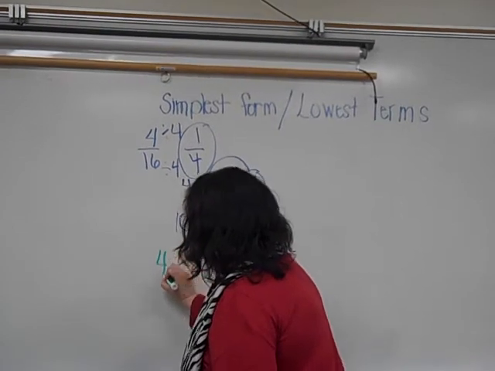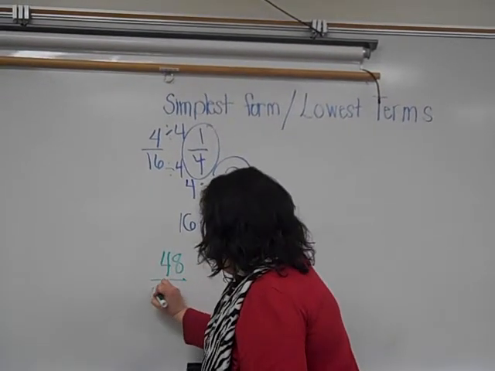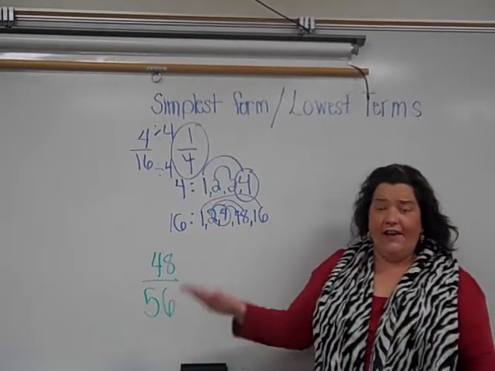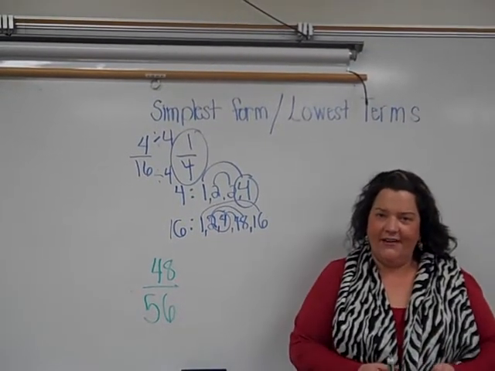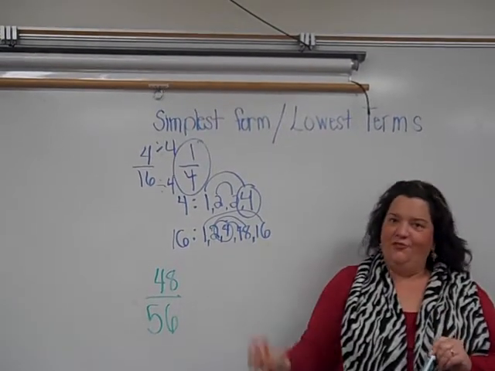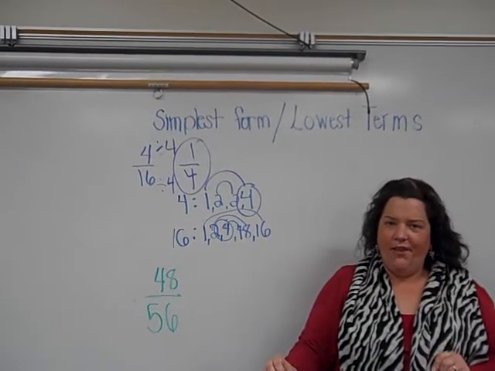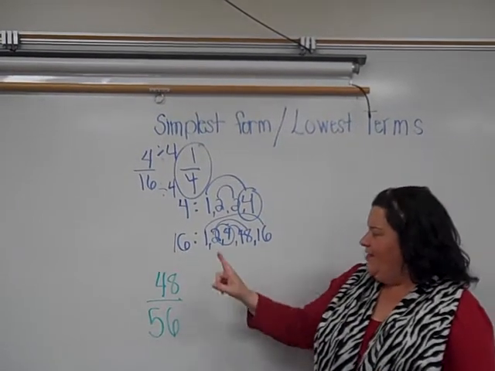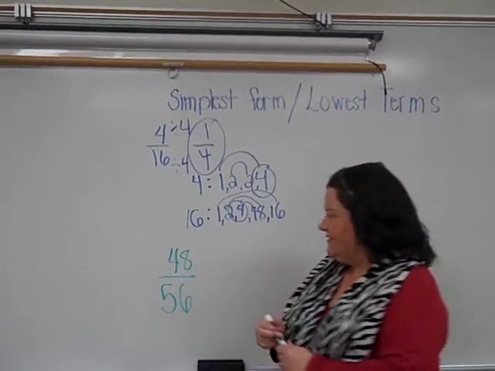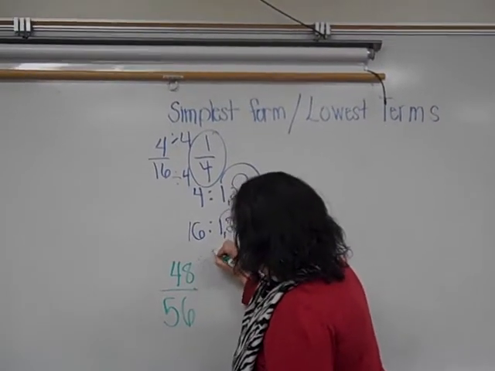Let's do 48/56. Now you could, if you're unfamiliar with the factor pairs for 48 and 56, you could go ahead and do your GCF rainbow. But I know in my brain that 8 can go into 48 and 8 can go into 56. So I'm going to divide both